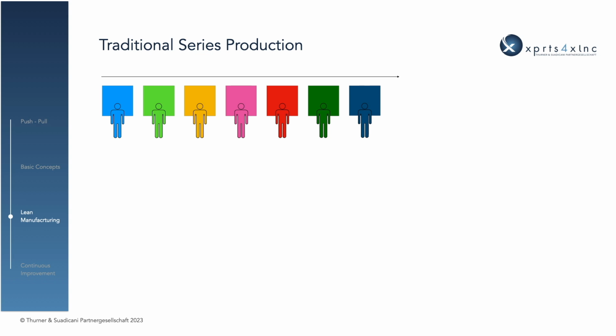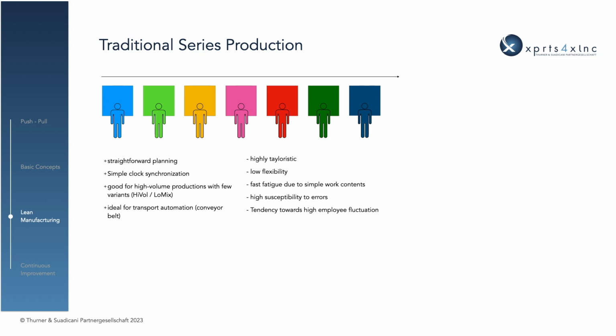The advantages of this system include straightforward planning, simple clock synchronization, good for high-volume productions with few variants, also known as high-volume low mix, ideal for transport automation, conveyor belt. The disadvantages are highly tailoristic, low flexibility, fast fatigue due to simple work contents, high susceptibility to errors, tendency towards